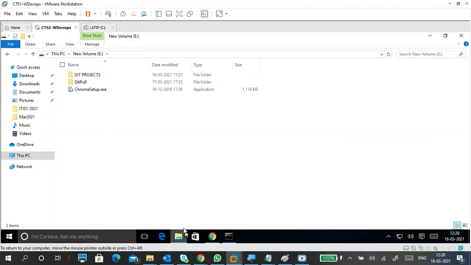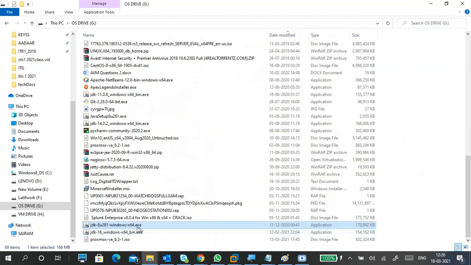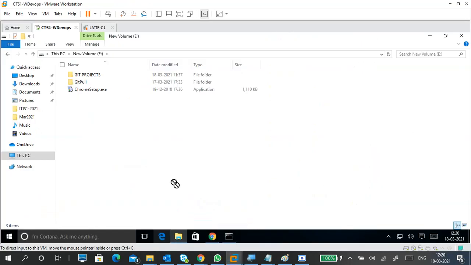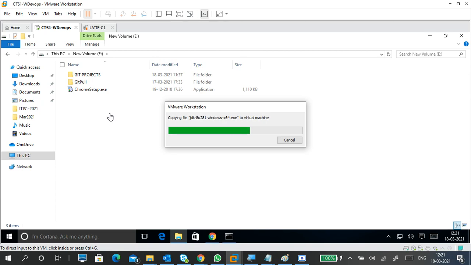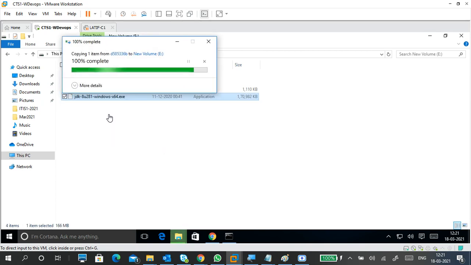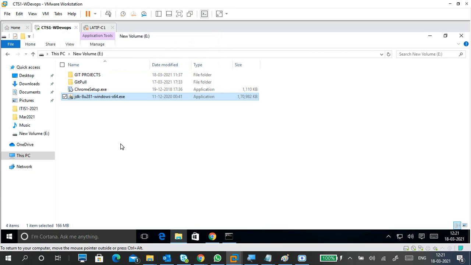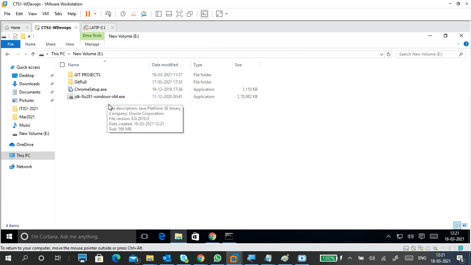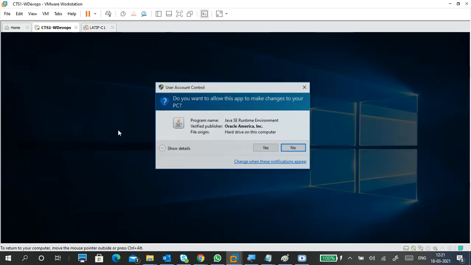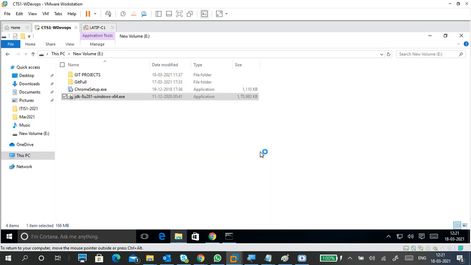So this is my E drive. I'm going to copy it into the E drive, directly into the virtual machine. See, this is my physical machine. I just drag it, and here I am copying. If you get this kind of symbol, then it is copying. If you cannot copy, better to download in this one only. So I downloaded it and copied it. First I'm going to install Java, and I will set the Java environment variables also, which is important. The copy is successful, then I'm installing.